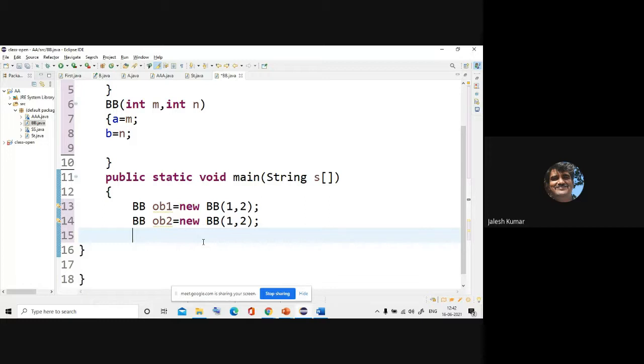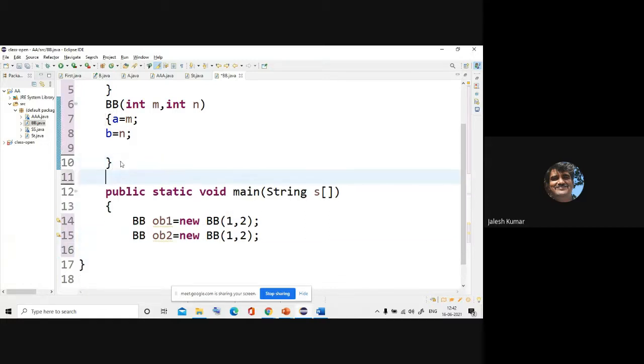For that purpose, I'll write one function that is called equals. It is not built in, I am defining it. So I'll write an equals function